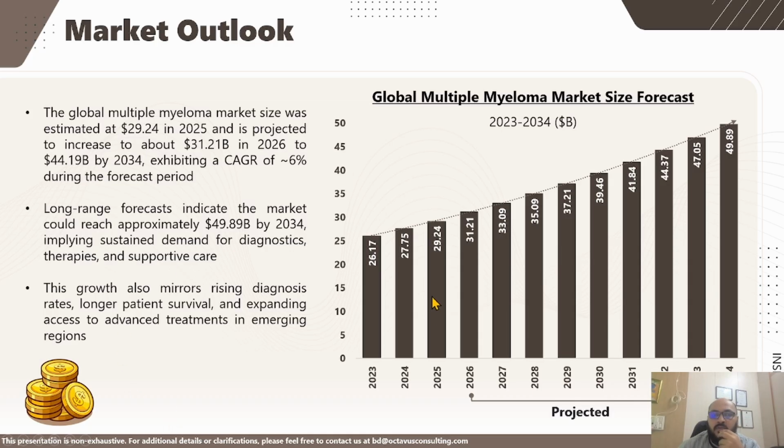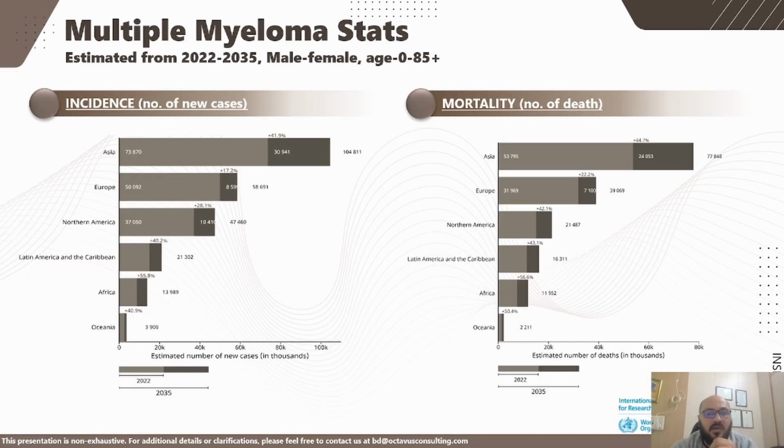And moving on. On a global scale, multiple myeloma accounts for approximately 0.9% of the new cancer cases and roughly 1.2% of all cancer deaths. So this is a very impactful number. Asia tops the chart in terms of incidence as well as mortality, and that's also the reason why you will see in upcoming slides that there are a lot of China or Asia specific trials,